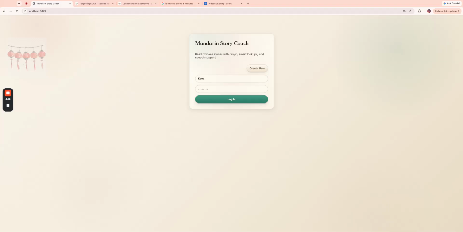So this one is a Mandarin story coach. I basically made this one just to teach myself Mandarin. I spent a little bit of time learning Mandarin, but I'm not very advanced yet. So I wanted to make myself an app to help learn. So without further ado, I've already entered my username and password, so I'm going to go ahead and click log